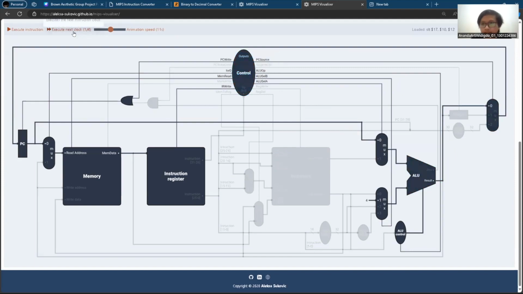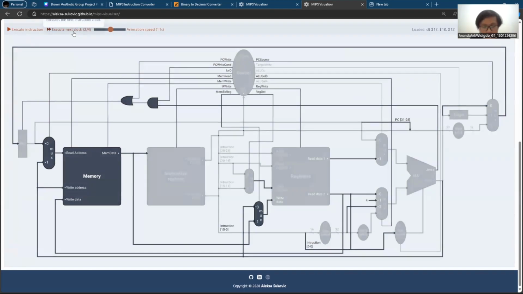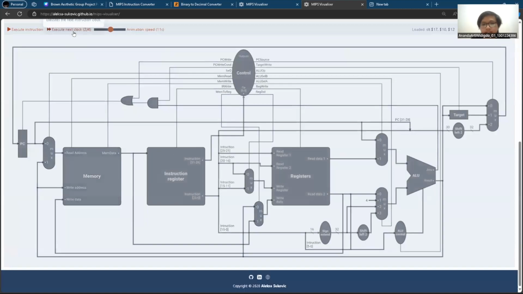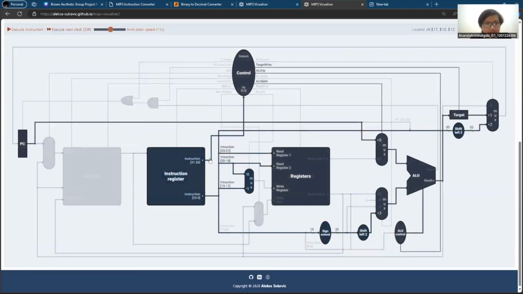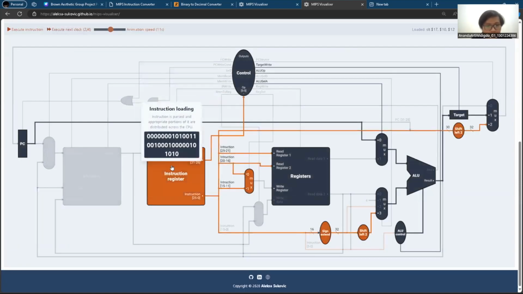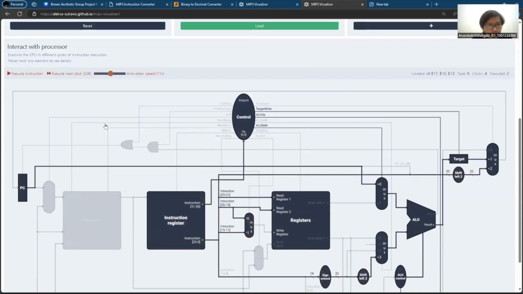we move on to the next step, which I believe is the decode step.